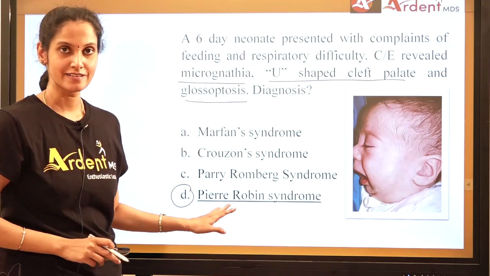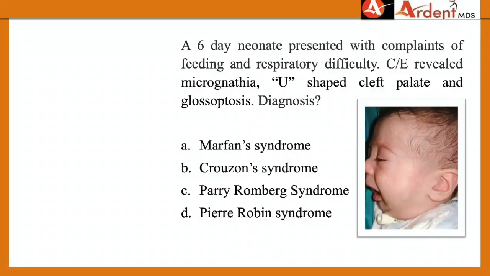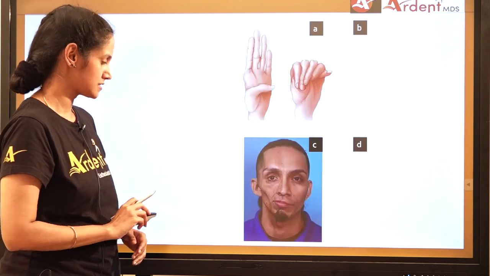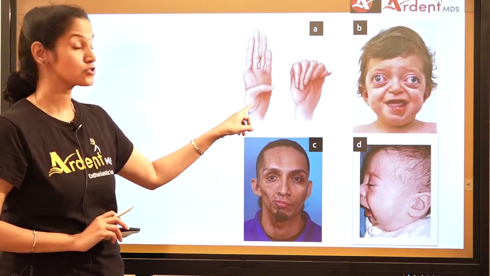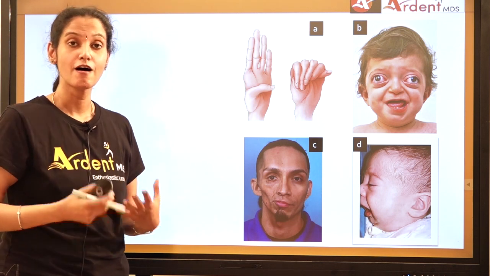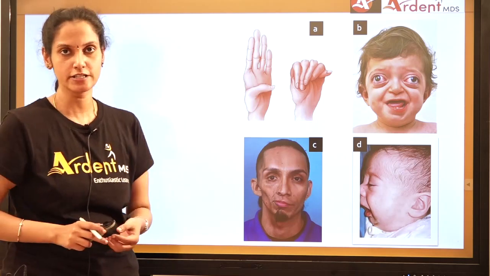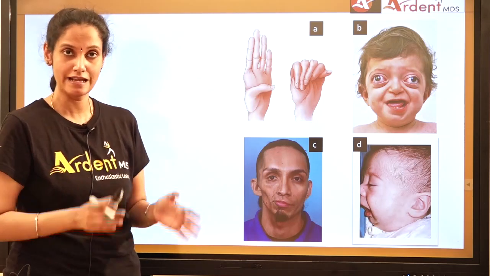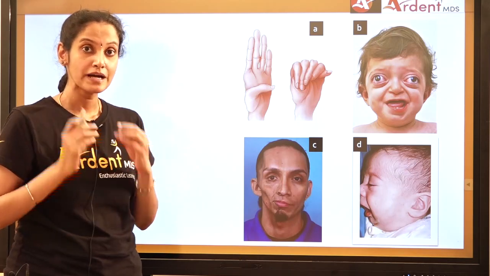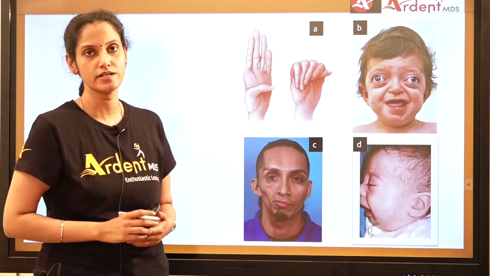When we arrive at an answer, we should also give justification as to why we are excluding the others, right? So, in the next slide, I have put the pictures of the rest that will give you a better picture. The first option was Marfan syndrome. So, what is abnormal in this picture? The patient is having long hands, long fingers, digits, arms. That's because Marfan syndrome is an inherited condition where there is a defect in the connective tissue. Not just the arms, but the legs, the limbs. It mainly involves the heart, eyes, blood vessels. Yes, the connective tissue all over the body is affected.